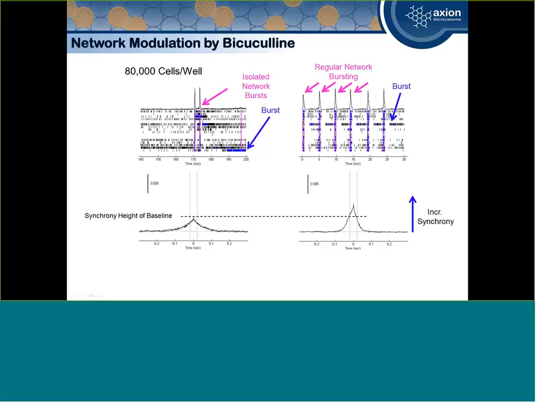And this is a very telltale sign that the bicuculline is working. We see this a lot with cortical networks. And this was a linchpin for us that the cells were GABAergic. What we can track in terms of synchrony is, as I said, basically a correlogram, a correlation of